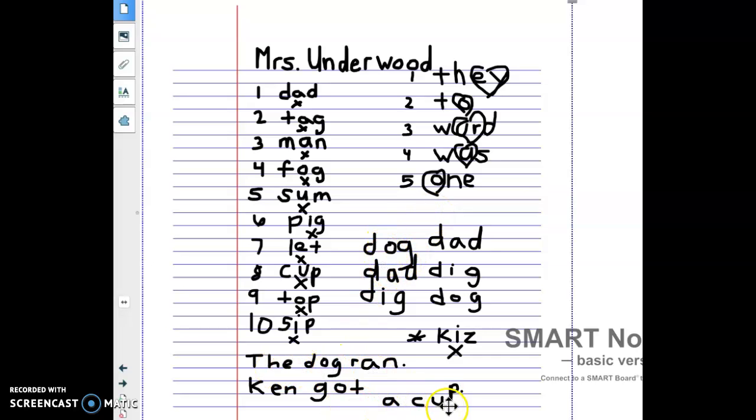Then there'll be 2 sentences that you need to write below. You're going to get points for capitals, periods, nice handwriting, and also bonus points. You'll have some ABC order and a nonsense word that you'll have to spell and mark. If you just spell it without marking it, you won't get the bonus points. So this is kind of our goal of what we are trying to get to at the end of every